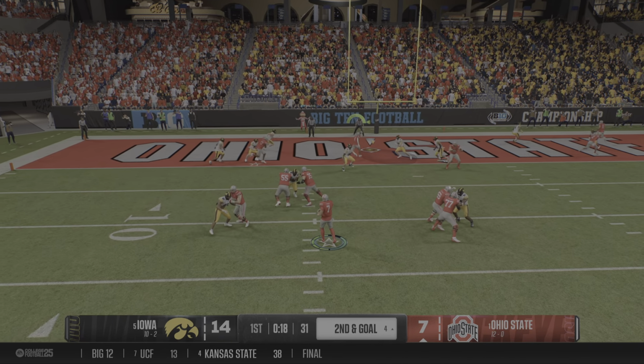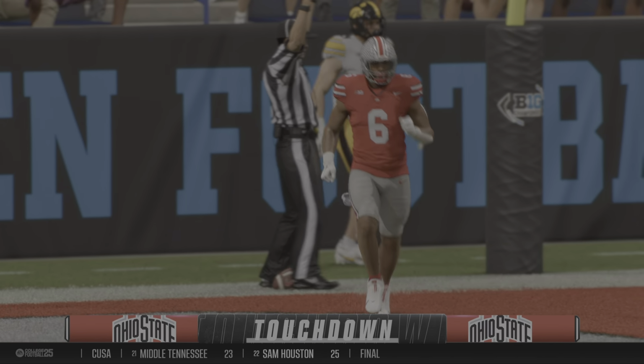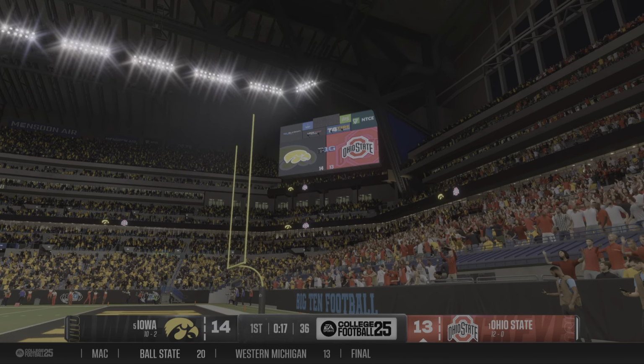Here's the snap. Quarterback drops back. And it's caught. Touchdown, Buckeyes. Great job here by the play caller going to that 5 wide receiver set. You put all...